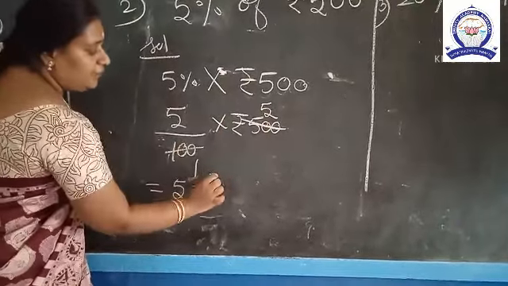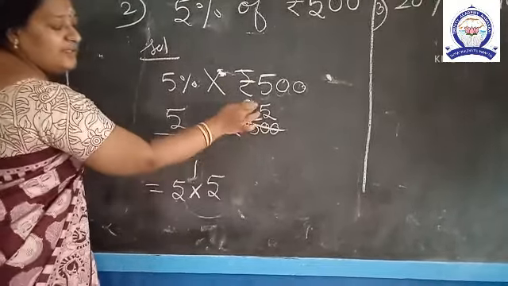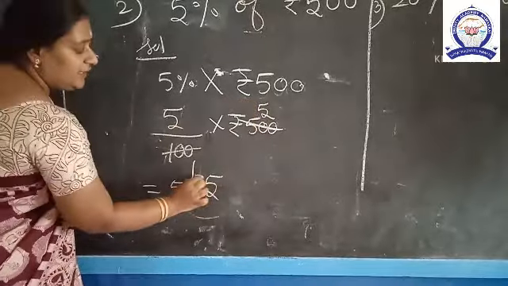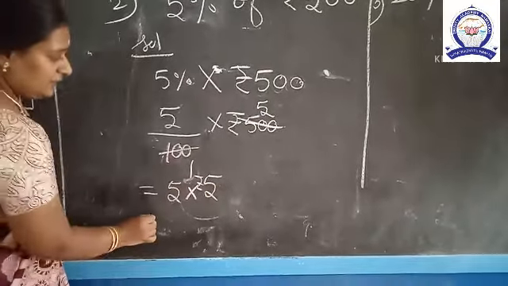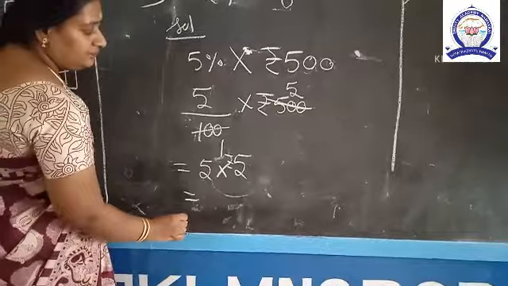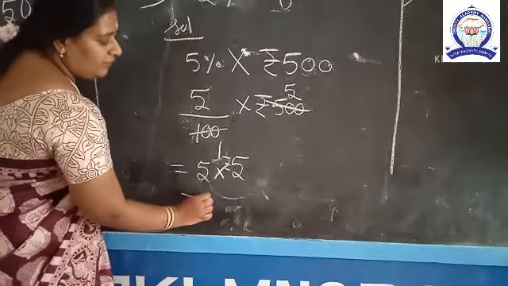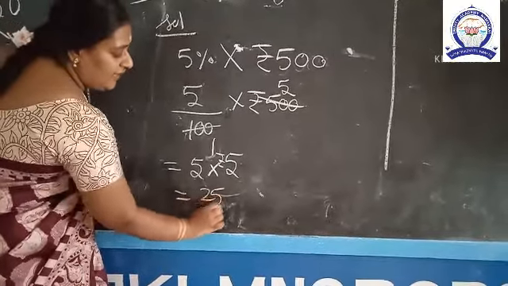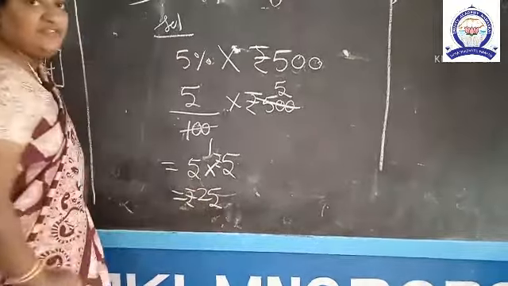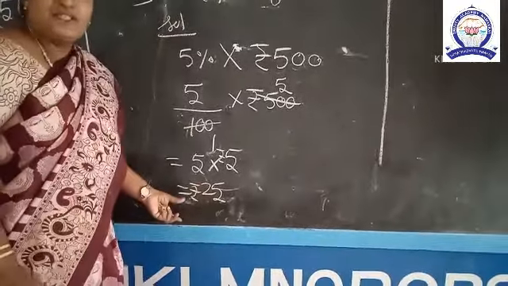5 into இங்கேயும் 5. So 500 கட் பண்ணி தான் 5 வந்திருக்கு. So கட் பண்ண நம்பர் that is rupees 5. That is equal to 5 5s are 25. So rupees 25. So rupees 25 வந்து discount.